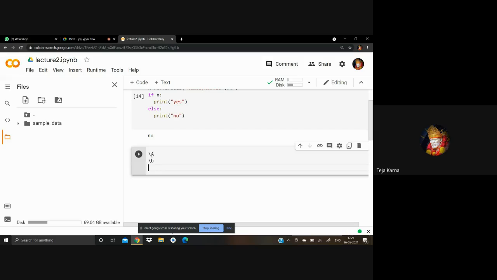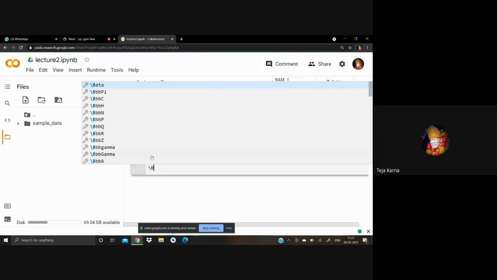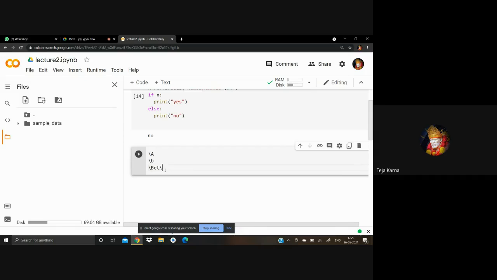Then comes slash capital B, which returns a match whenever the specified characters are present or not.